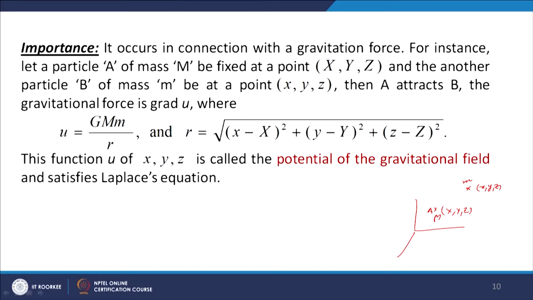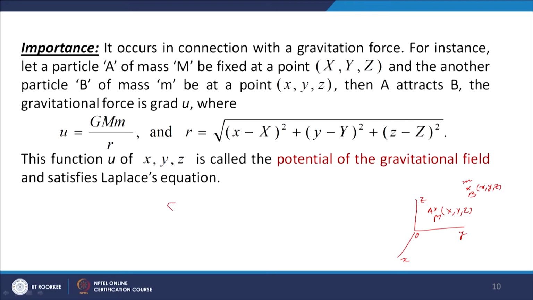So the particle at A attracts the particle at B, and the gravitational force is grad u, where u is G M m over r. r is the distance between the point A and the point B, so r is the square root of (x minus x0) squared plus (y minus y0) squared plus (z minus z0) squared. This function u(x, y, z) is called the potential of the gravitational force